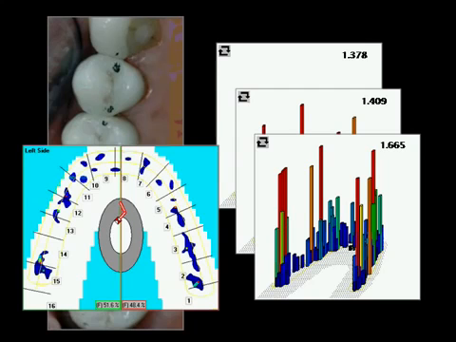Now, speaking of some precise equilibration, I would ask you to guess which contact, if the patient says the upper left is high. Which contact would you address? My answer was, I don't know. I should address lingual slopes of the lingual cusp first and lingual slopes of the buccal cusp second and buccal slopes of the lingual cusps